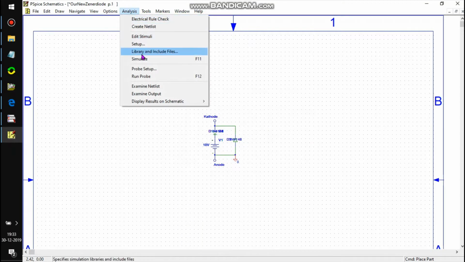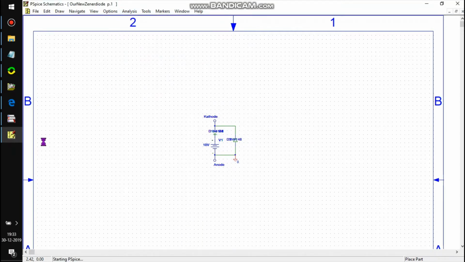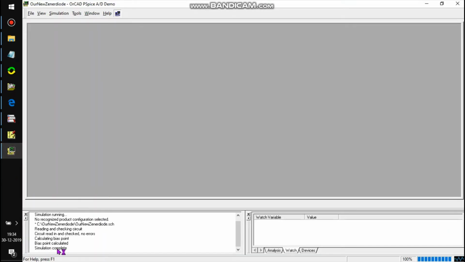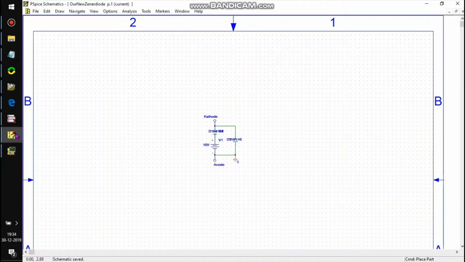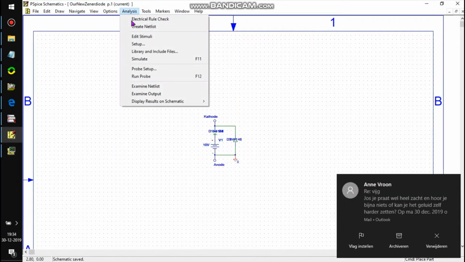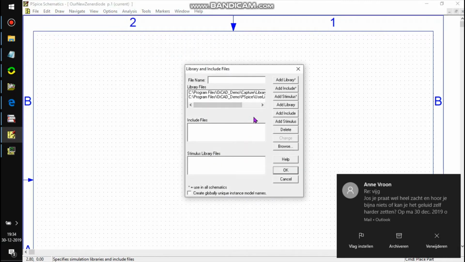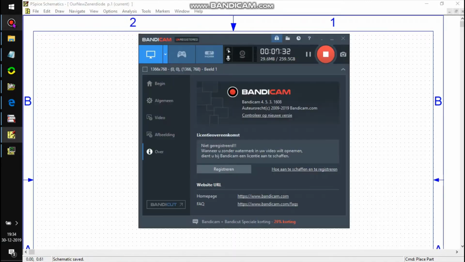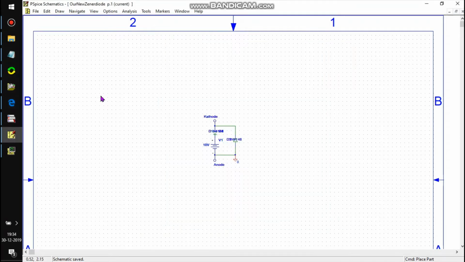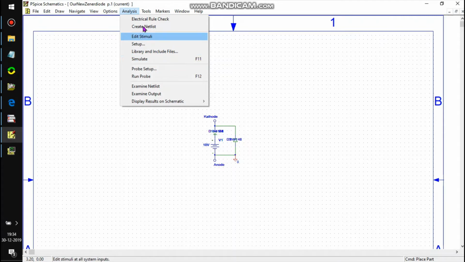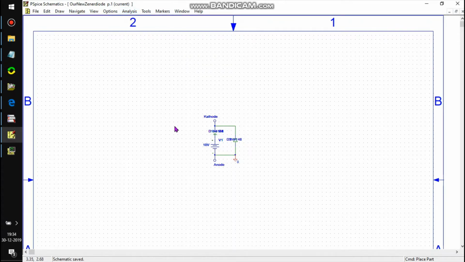You simulate it. It says simulation complete. Now what we really want to do is, oh, not here. What we really want to do is make a voltage source and see what is going to happen.